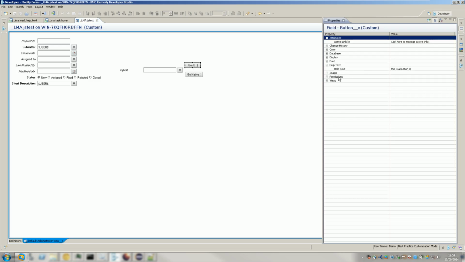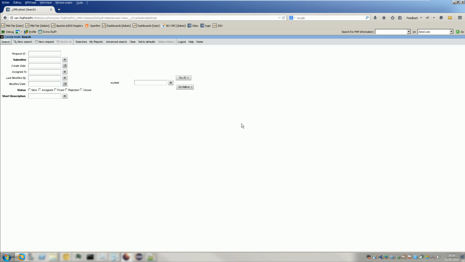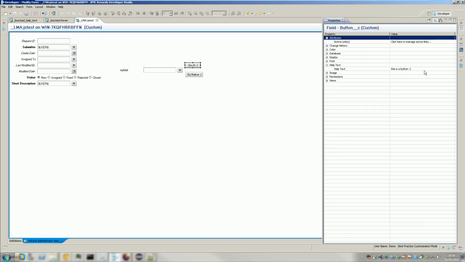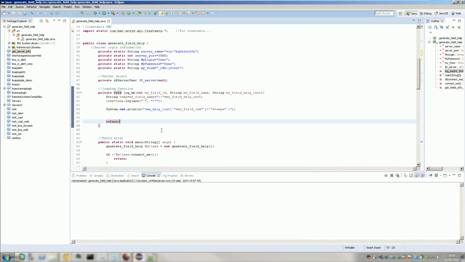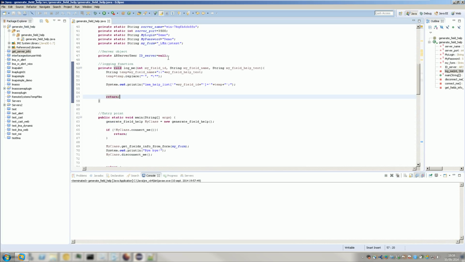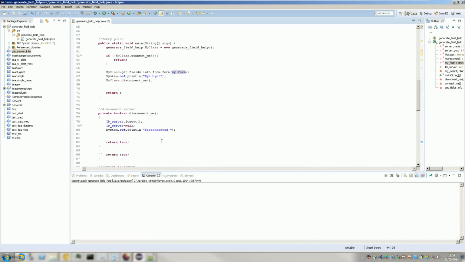The first problem is the help text is not available in the mid-tier object, meaning that in the button object you cannot fetch the information. It seems it's not stored here. So you have two solutions: you take the information and copy and paste it in the script I will show you later, or you create a script in Java that will basically take all the fields for a form